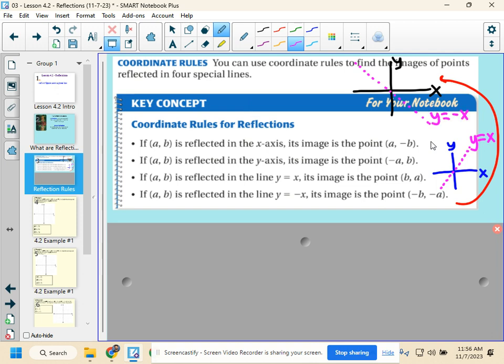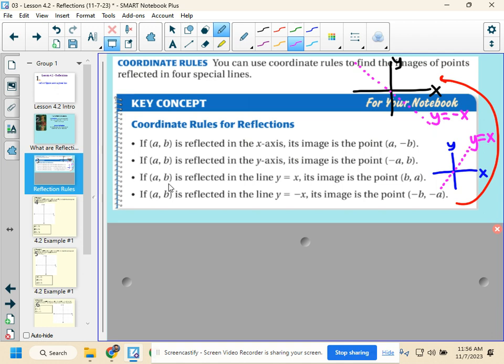You might want to sketch those just so you have an idea of what those lines look like. We mentioned it already: this is the x-axis, the y-axis. We'll reflect over those. So those are the 4 what we would call special lines that we'll use these rules for. I guess I didn't even mention the rules yet. We have rules that you'll get. You don't have to memorize these rules right now. Obviously, you're putting them in your notebook. But